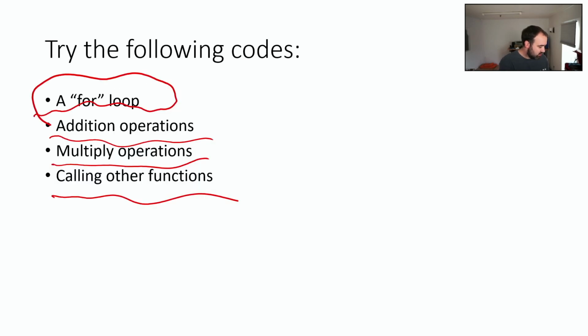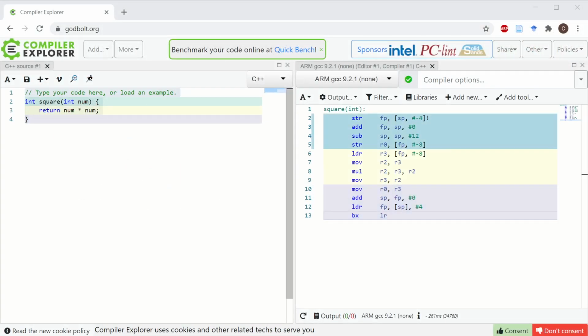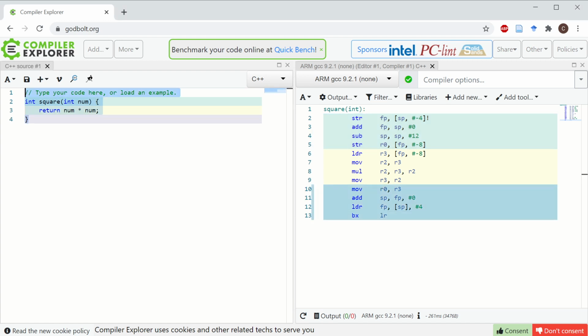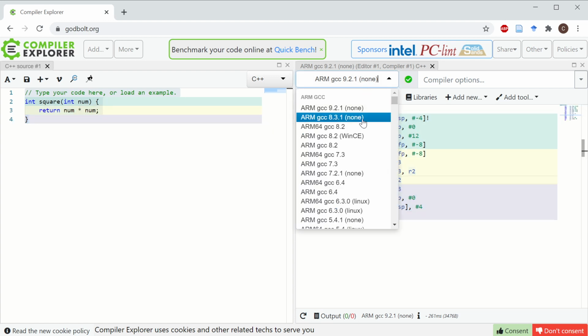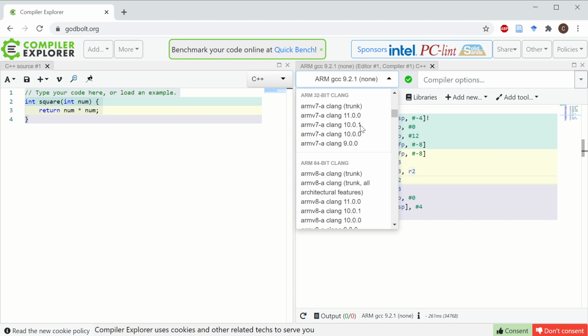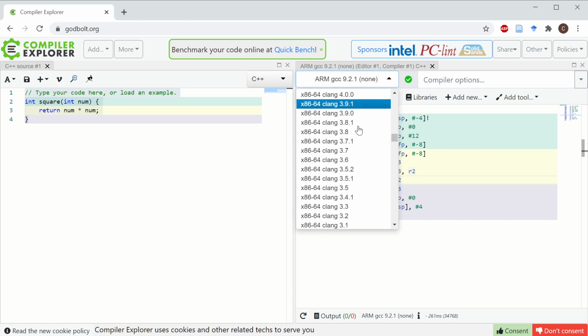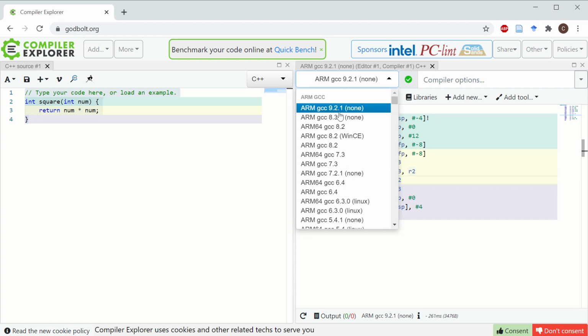So yeah, let's pull up the Godbolt. Okay, there we go. So this is what Compiler Explorer looks like. So you can see on the left we have the C code. On the right we have the assembly. So it will remember if you've selected your drop down already. So you just go here, and it's actually right at the top in this case, ARM GCC